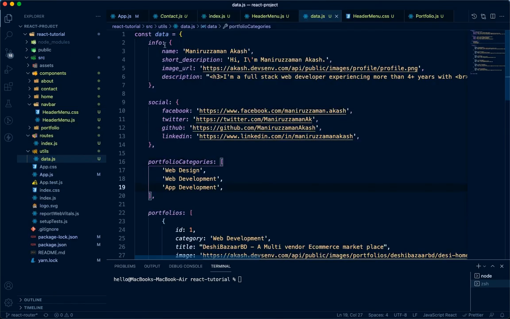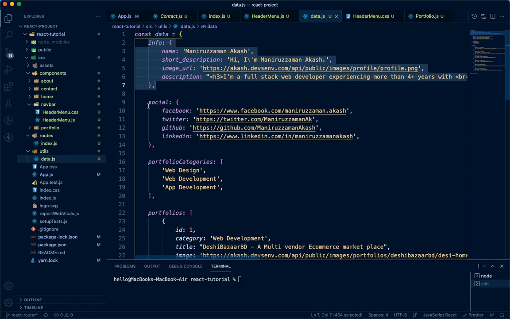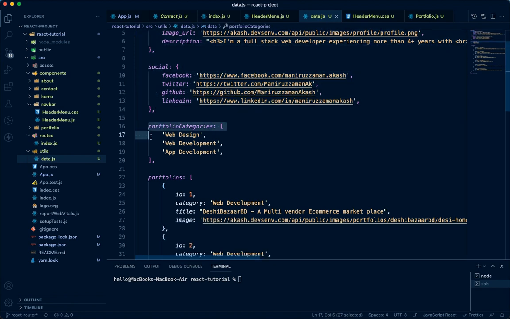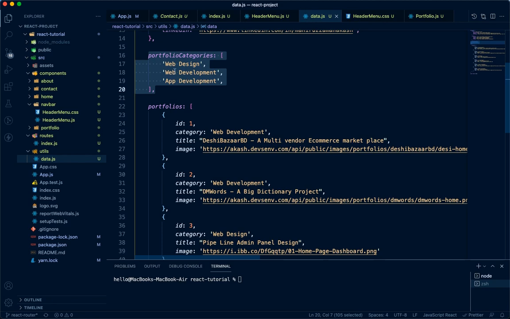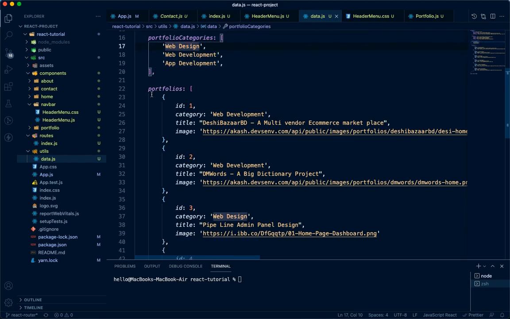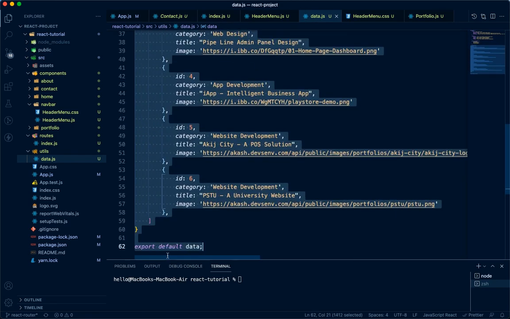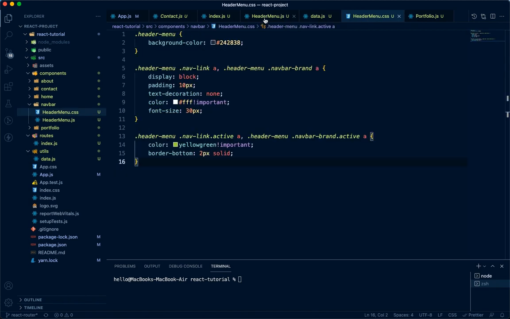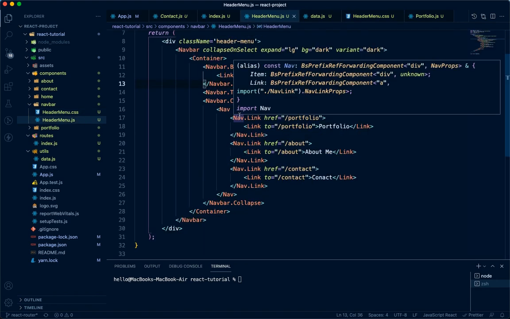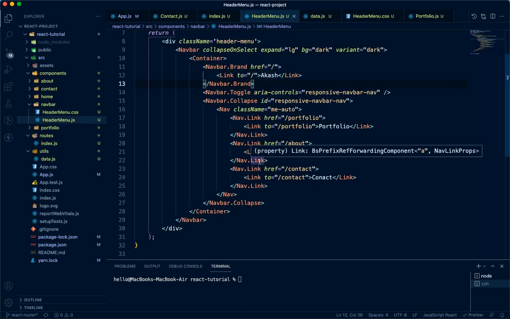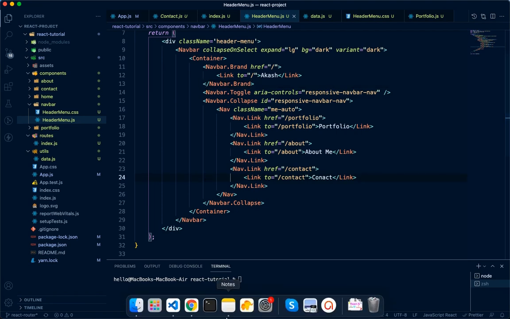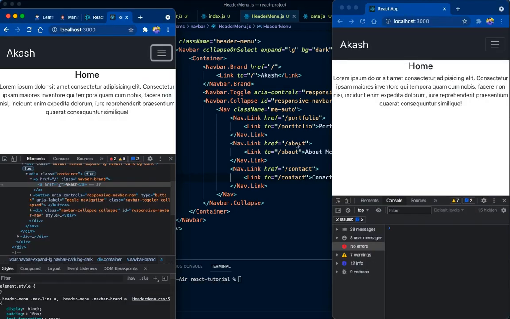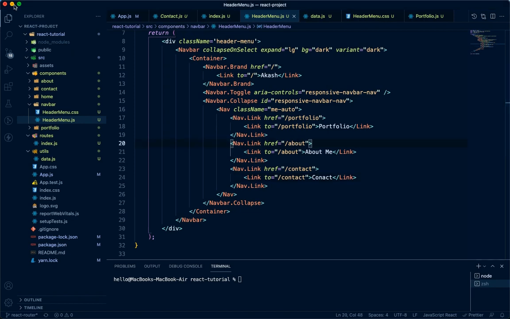Okay, so we have added some data like info, social, and portfolio categories. We have some portfolios and they have some categories, so we have added these 3 categories and these portfolio links. And if you manage these things, you can manage all of these stuffs, right? Okay, so let's start then. So we have added the header menu pieces, so let's check this once again. Okay,